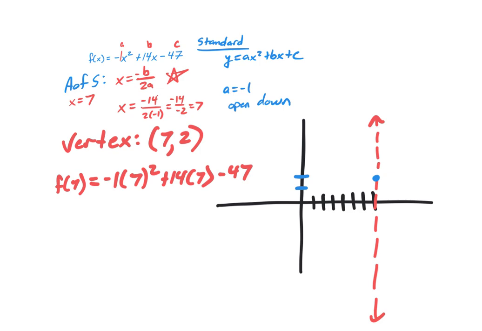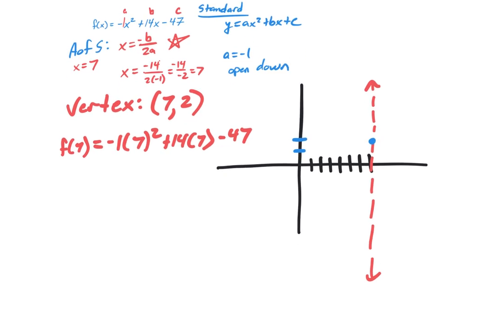Now, we're going to do a few other things here. Let's go ahead and graph this, and then I can just reflect those 2 points over my axis of symmetry. And that's one of the good things about the axis of symmetry. This point can easily just be reflected. If this one's 2 to the left, this one's 2 to the right. If this one is 1 to the left, this one is 1 to the right, okay? We're just reflecting it over that line, and now